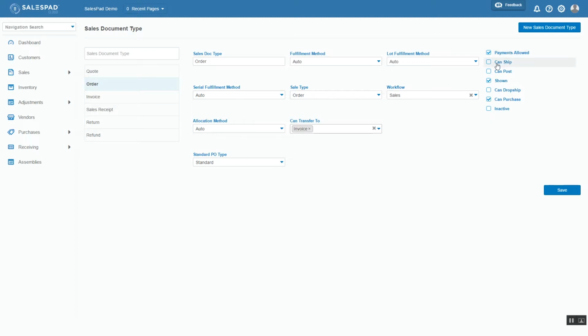Can ship. This enables our integration to ShipStation. With that checked, we have an action available at the header of the sales document that allows the user to press a ship button, and that would integrate or send over that sales transaction to ShipStation,